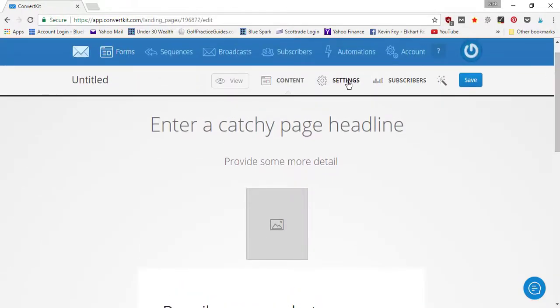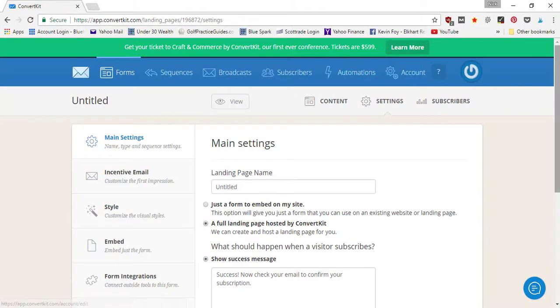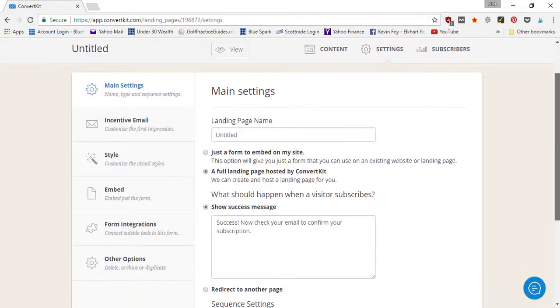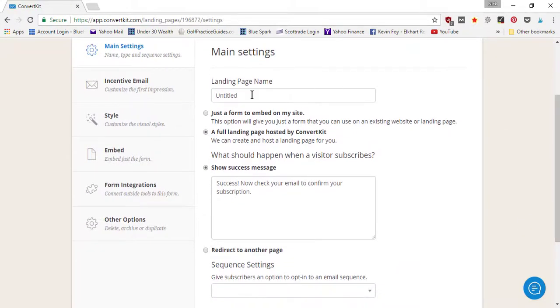Now, once you go into settings, you'll be able to start customizing your initial email message that you send to them. So the first thing you want to do is give your landing page a name. If you're creating multiple different landing pages, this is how you're going to be able to tell them apart. So you can title the landing page relevant to whatever the landing page is for, whether it's a webinar or